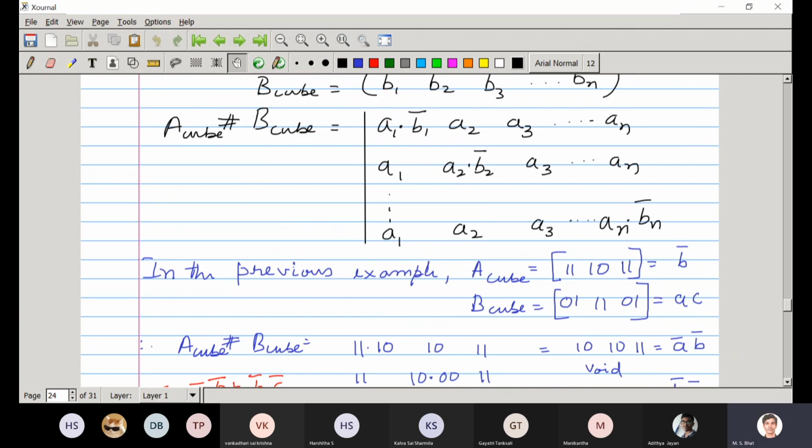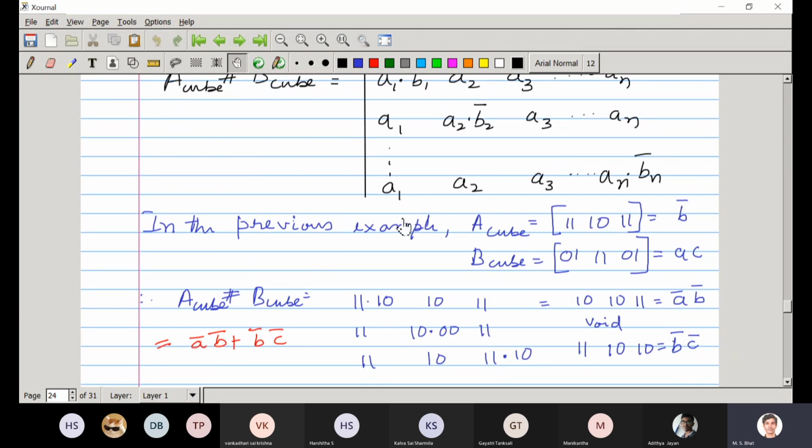Then the second row is A1, A2, B2 bar, A3, etc. A1 as it is, this 1 1 comes as it is. A2, B2 bar: A2 is 1 0, B2 is 1 1, its bar is 0 0. Complement of 1 1 is 0 0. Then A3 is this 1 1 as it is.